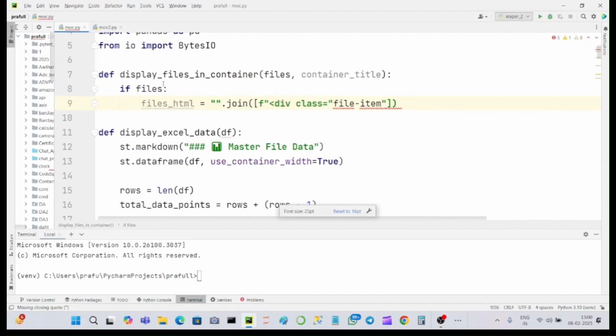Okay, what we write here: if files, here files_html is equal to double quote dot join. Inside of that join, regular bracket, square bracket, f string, we are using f string, then we write one div. Inside of div we write one class, the file item. Okay, then we close here our div. Outside of that, we write our